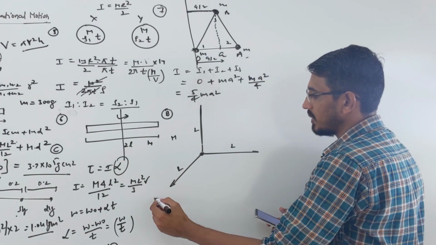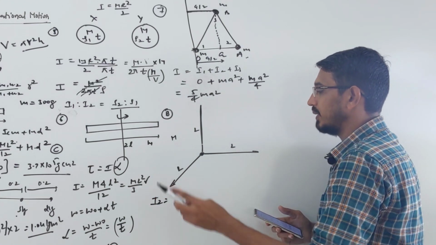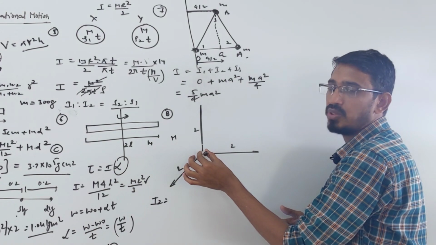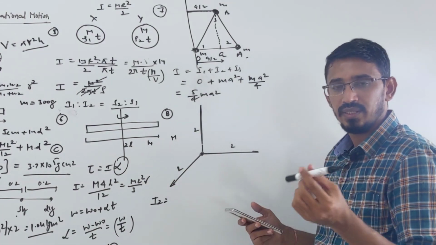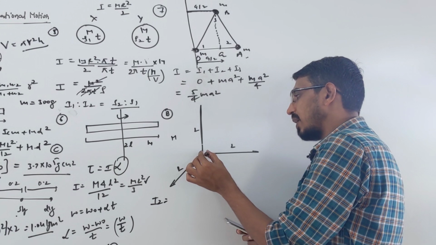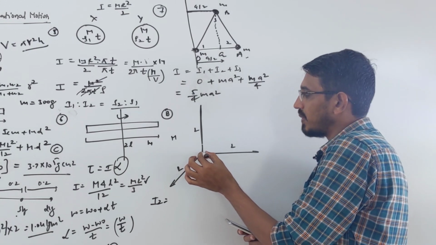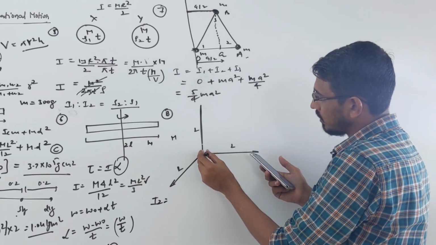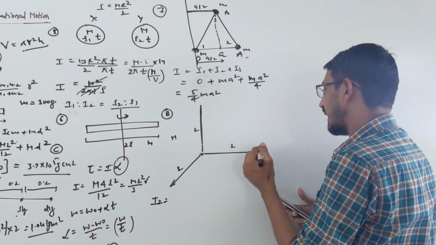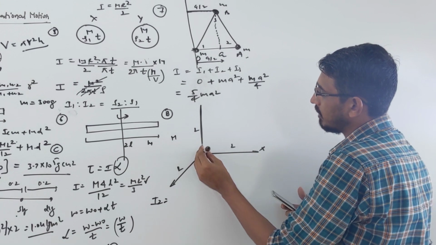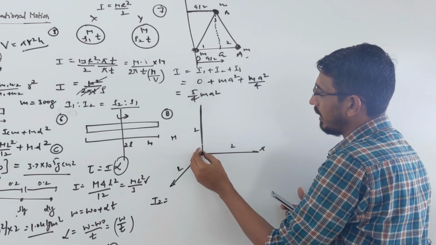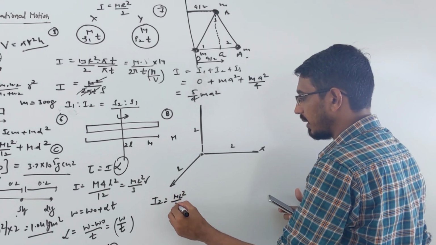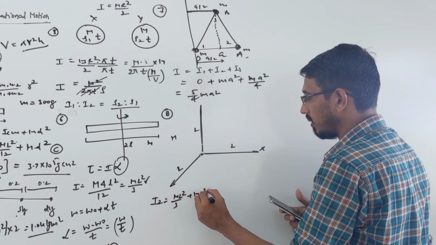So look here, what is the inertia about z axis? Inertia due to this rod which is placed along z axis itself becomes 0, because the thickness of the rod is very negligible. So this rod is rotating along this line itself, so inertia due to this rod is 0, correct, no? Yes. And for the rod placed on x axis, we are rotating this rod about the end of the rod. Same for y also, we are rotating about the end of the rod. So the end of the rod formula is what, you know, ml square by 3 for this plus ml square by 3 for this rod.